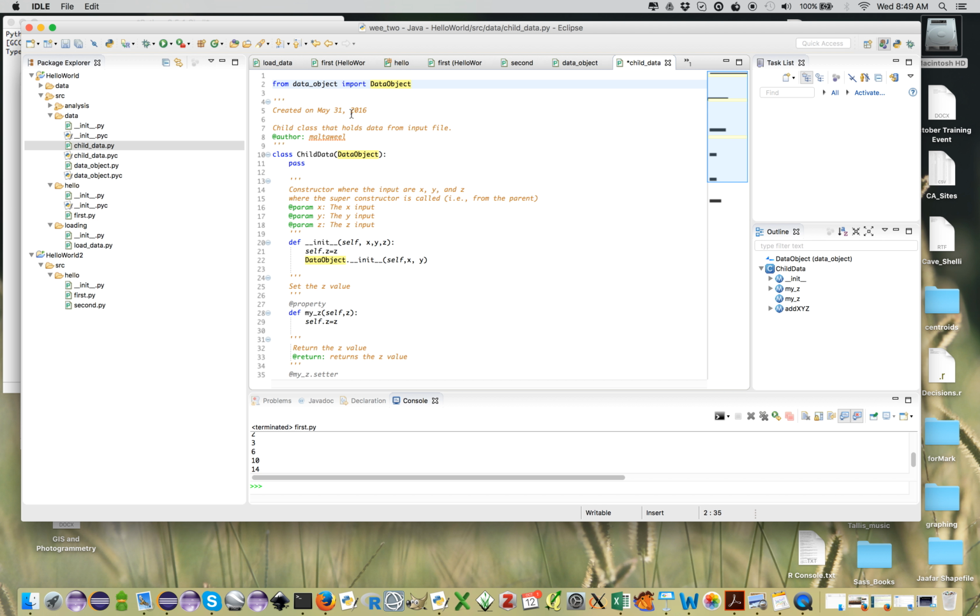In child data, you will see that a class is called child data. It's being created, and it references the data object. So this referencing of data object is basically